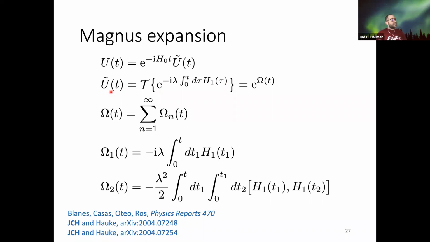And now what I want is a Magnus expansion in U tilde of t in terms of this Hermitian operator, omega of t. The Magnus expansion entails doing this infinite summation, or we're not going to go to infinity, of course, but basically each order of the Magnus expansion is itself an infinite resummation of terms from time-dependent perturbation theory. This is why the Magnus expansion is much more powerful, and it will give you dynamics that are simply inaccessible in time-dependent perturbation theory.